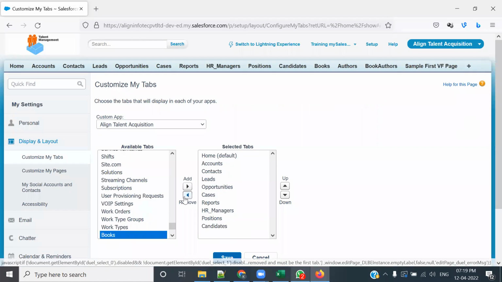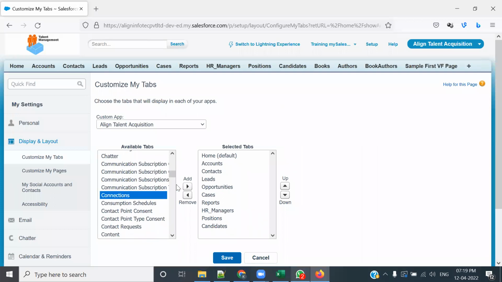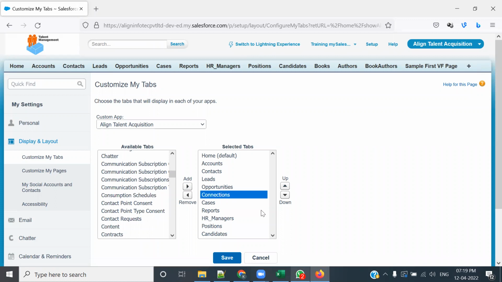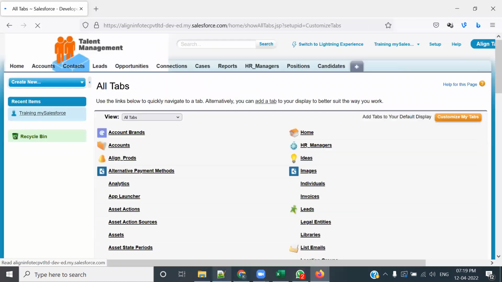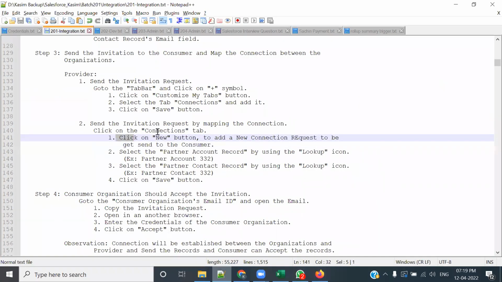First of all, remove some of the organizers. Okay. Let's now go with the connections tab. So I'm just adding the connection. I'm making it a little bit up and then save it. Okay. So see, going step by step. First of all, you need to click the connection, click the new button. Then select the partner's account, whatever you have with you. Let's select this partner account,